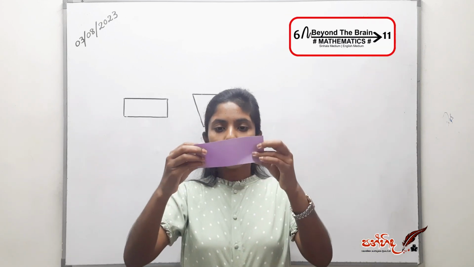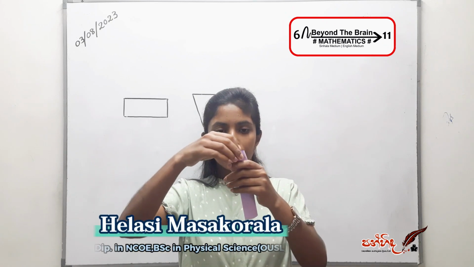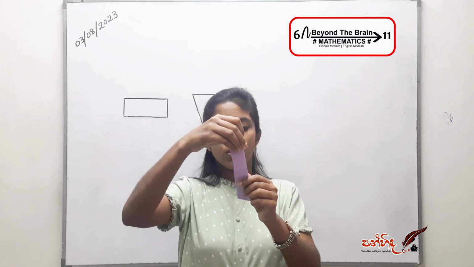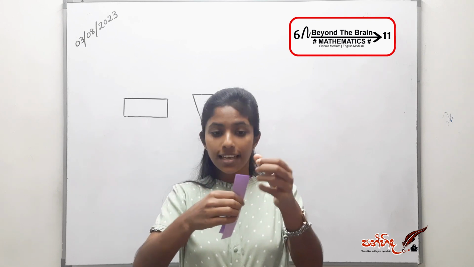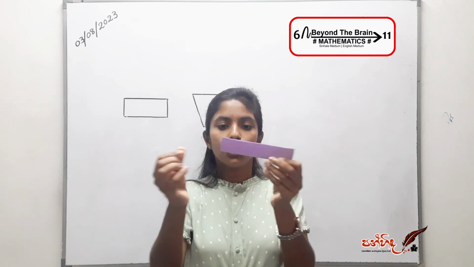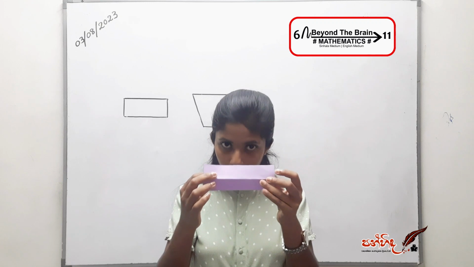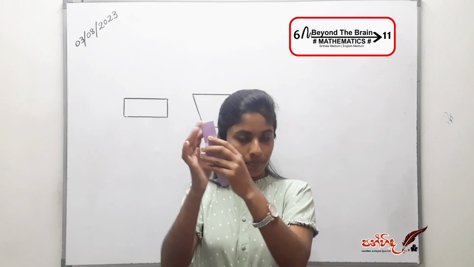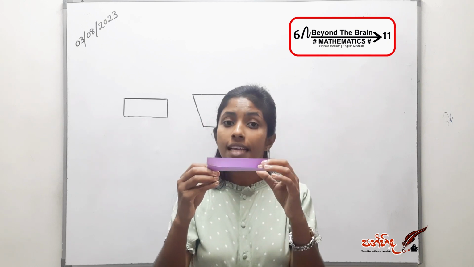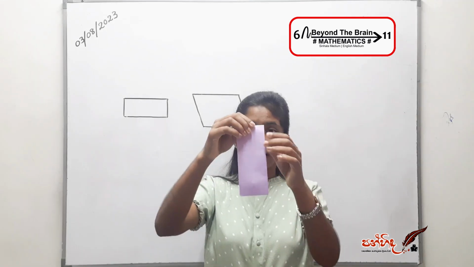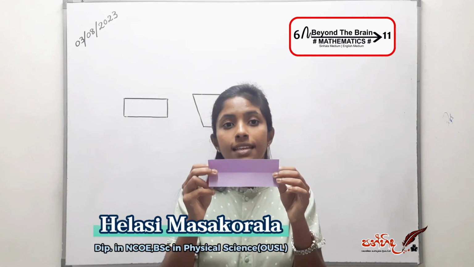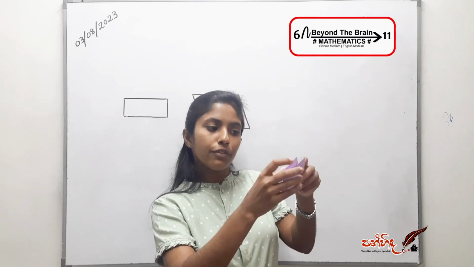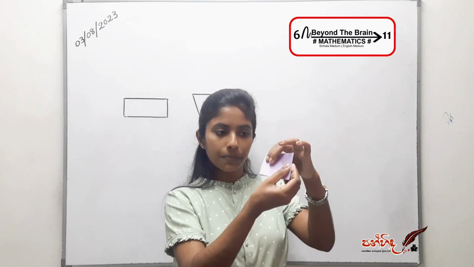So here I am going to fold this figure like this. When I fold this figure like this, you can understand that the two sides coincide with each other. This side and this side coincide with each other. That means this rectangle has bilateral symmetry, and this middle folded line we call the axis of symmetry, right? Then when we fold it the other way like this,